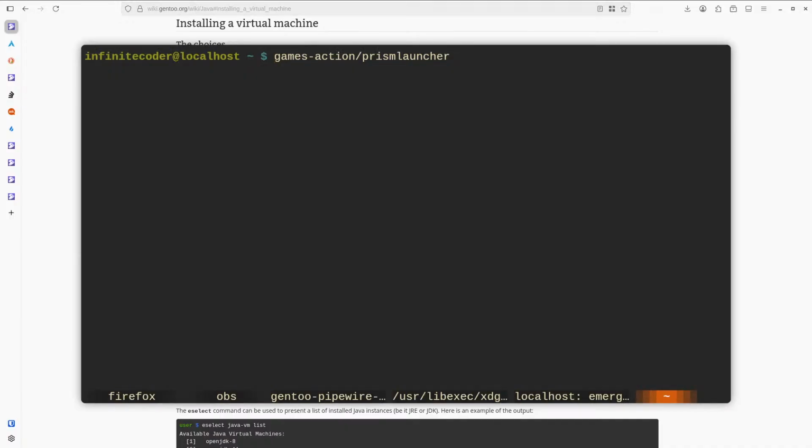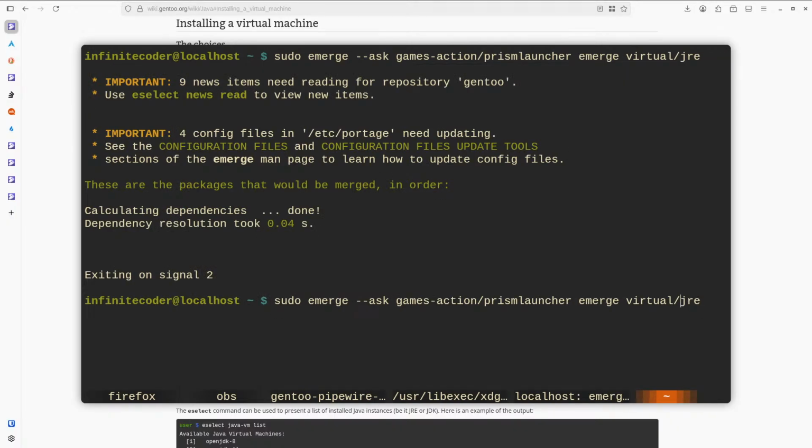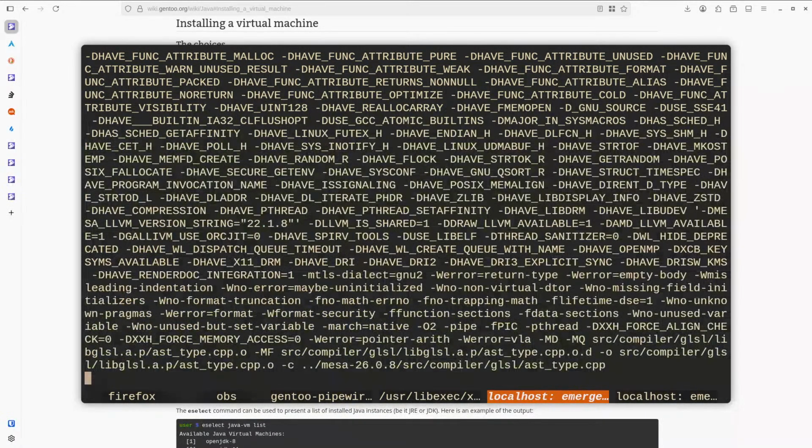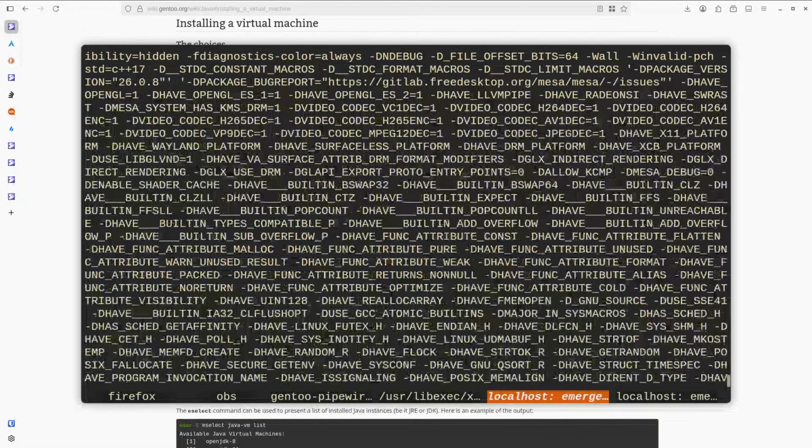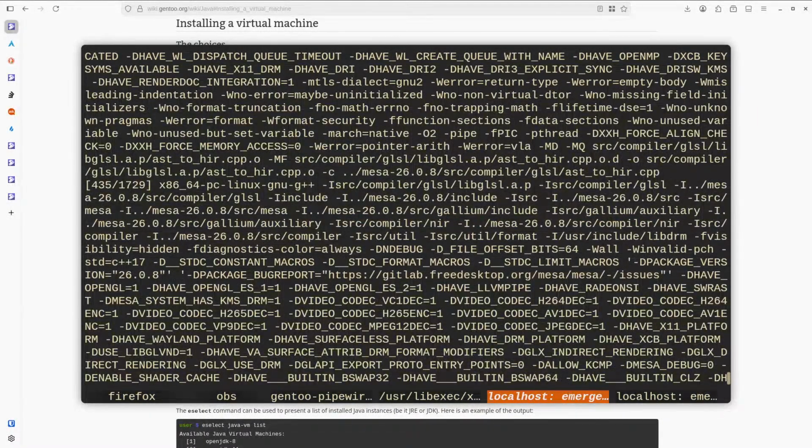I want to. So first of all, emerge ask with sudo. So I'm just going to do the virtual JRE as well. Hold on. No emerge here. That's how I got Emerge to install last time, with Emacs. Who would have thought that Emerge is an Emacs package?